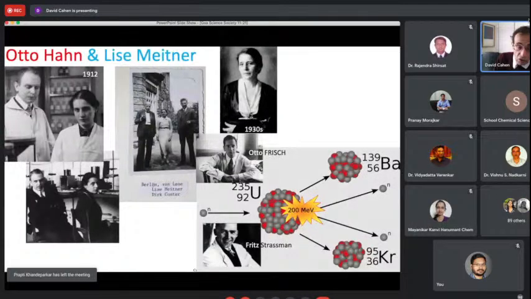Otto Hahn, working with Fritz Strassmann in a brilliant chemical effort,